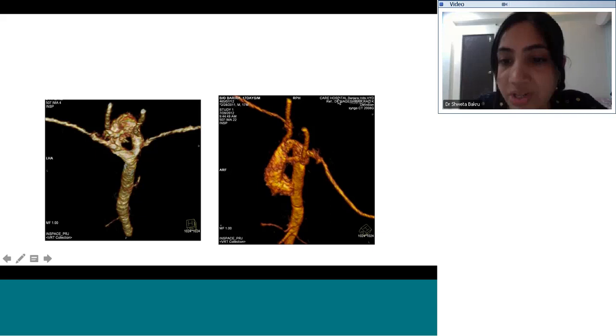Yes, very good, Sakshi. The right-sided arch is a dominant arch and it is a little bit higher in position. Most of the time the right arch is dominant and it is superior in location. So in a surgical correction, most of the time they will ligate the left-sided arch, most likely the narrowest portion between the ascending aorta and the arch of aorta, because that is the area which is accessible.